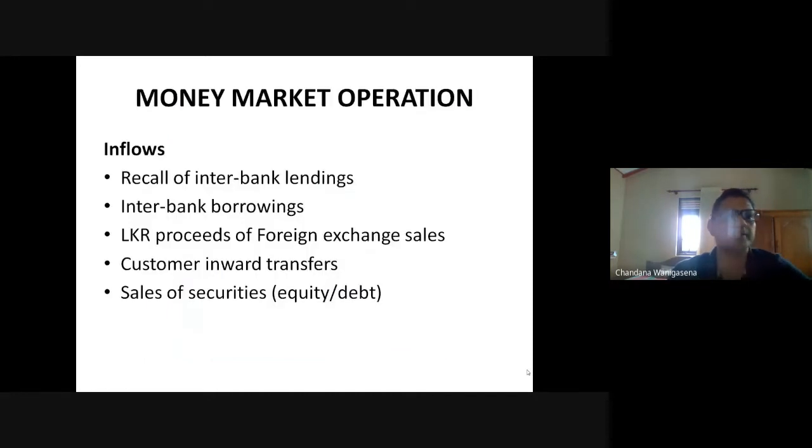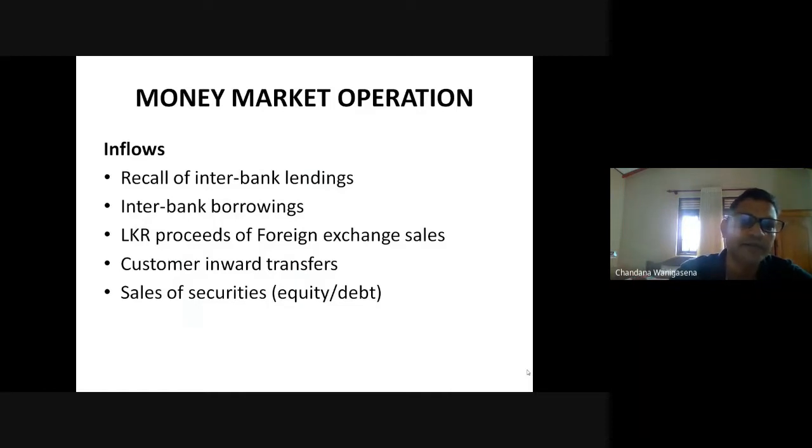So just to give you some understanding about the bank balance sheet, how banks operate, and the money market operations. If we discuss treasury, these are the functions treasury basically does on a day to day, regular basis. On cash inflows, cash coming into the bank, there are a few ways. We call one interbank lending, which we will discuss shortly.